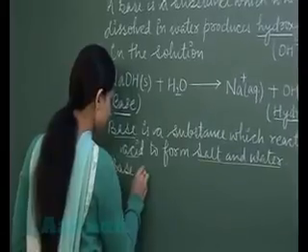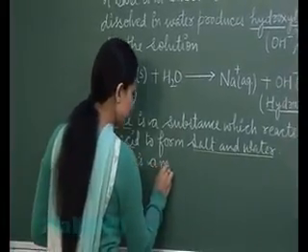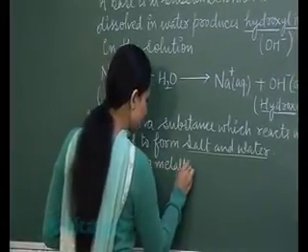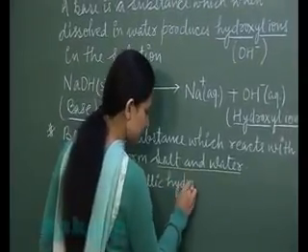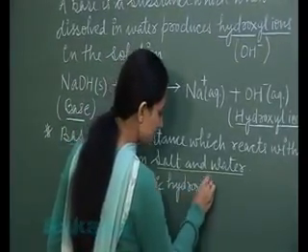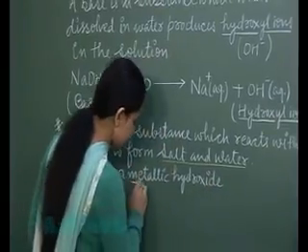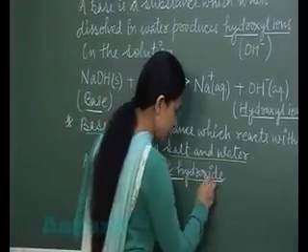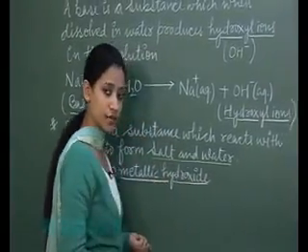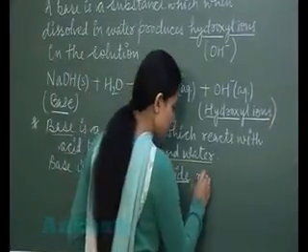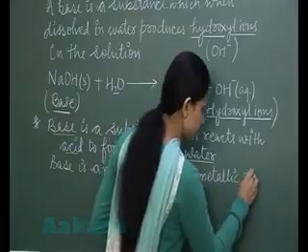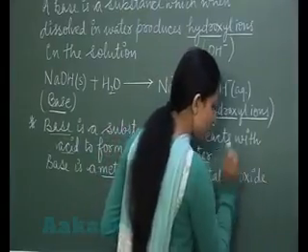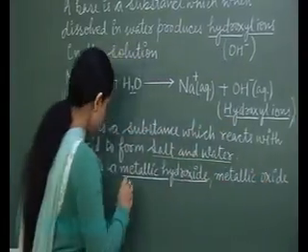Base is a metallic hydroxide. This definition includes metal hydroxide. In its definition, base can be a metallic hydroxide or it can be a metallic oxide or aqueous ammonia